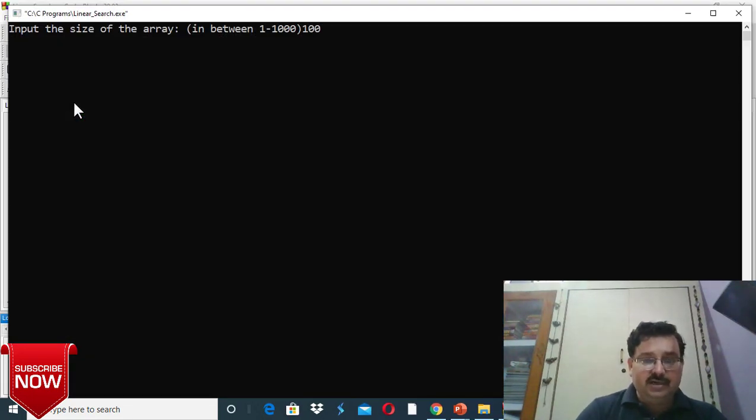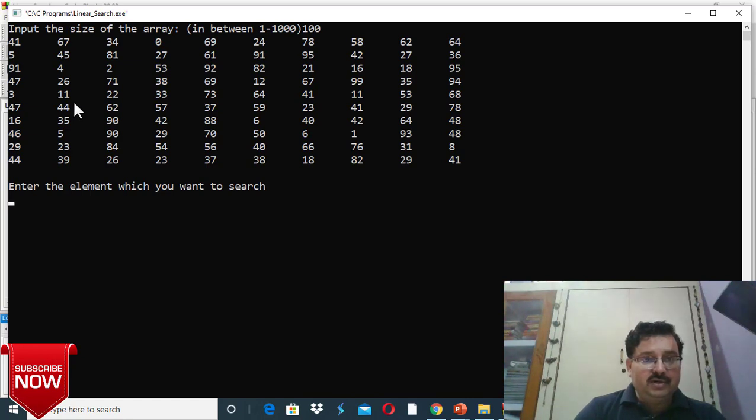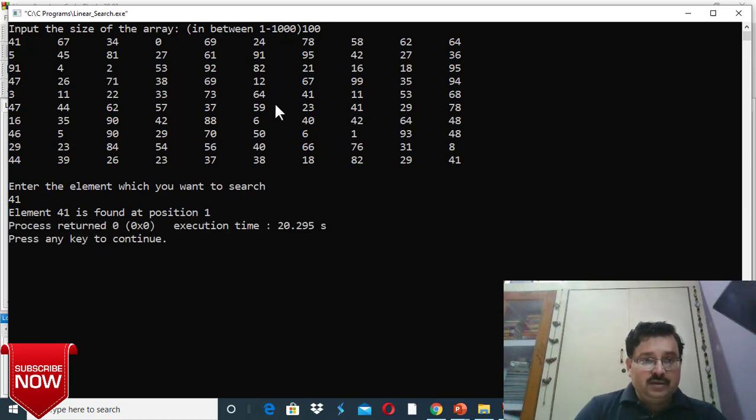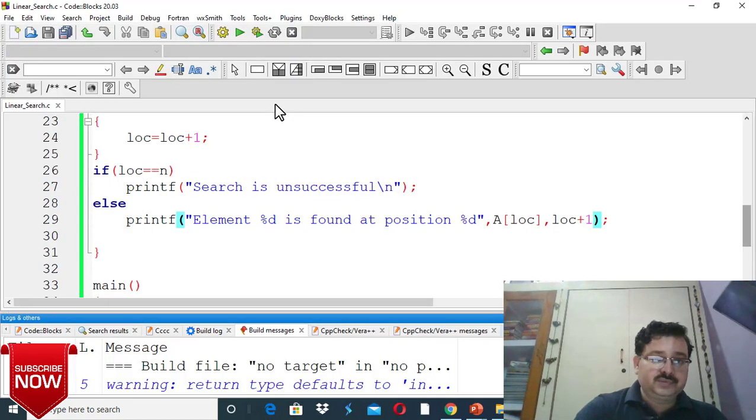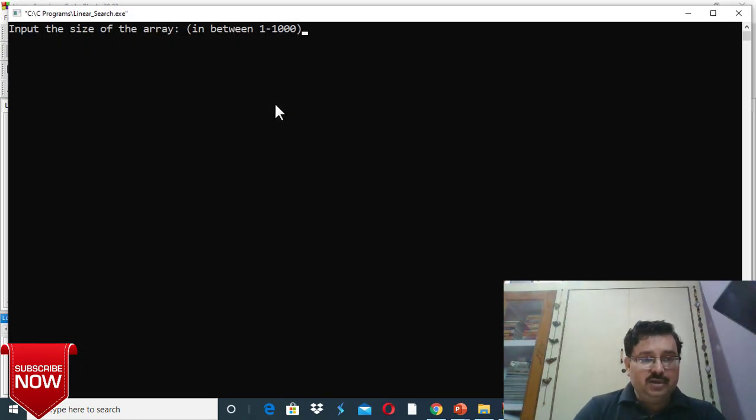Take one more execution and you can understand. Suppose now I'm taking 100 elements and I want to search 41. 41 exists at the first position and also at the last position. So if I give this 41, it will be found at first, so the loop will be terminated. It will not go further. So, okay, again run this program and take